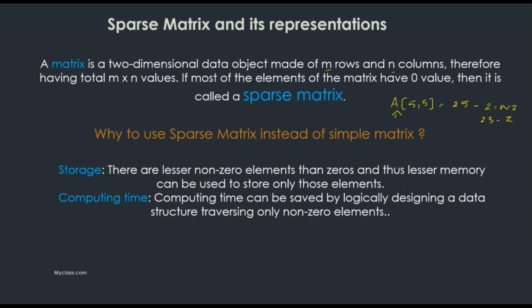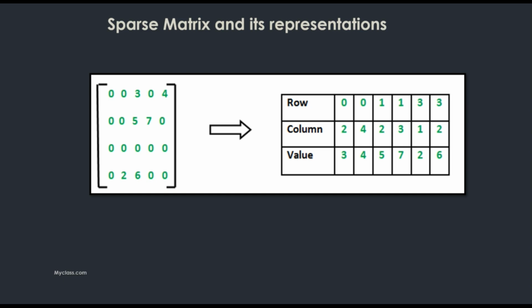Clear? So let's assume that this is our sparse matrix A with 4 rows and 5 columns. So a total of 20 elements are there, but among the 20 elements, 1, 2, 3, 4, 5, 6 non-zero values are there. How is it represented in memory? The sparse matrix representation in memory contains a 3-row array, like so: S with 3 rows and